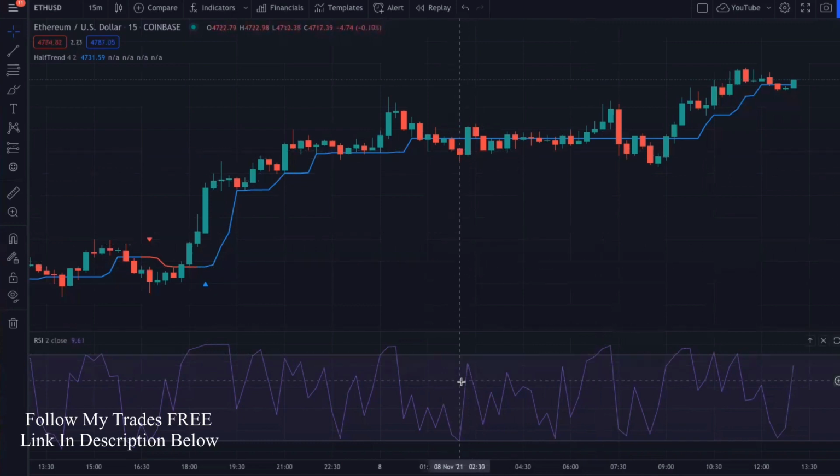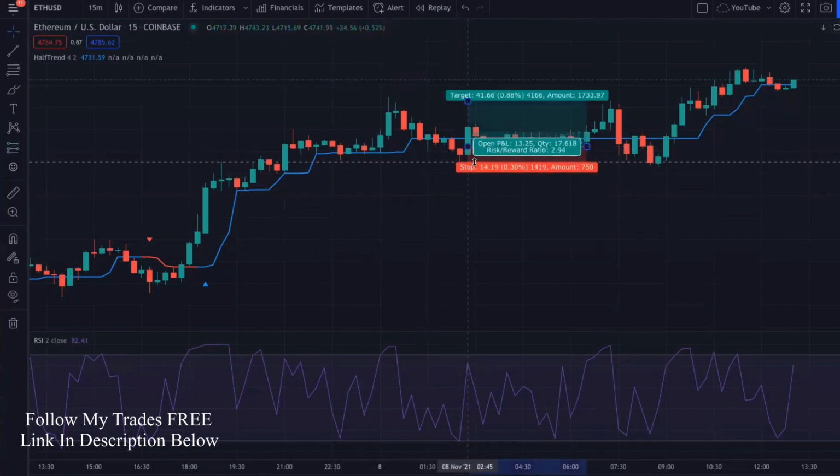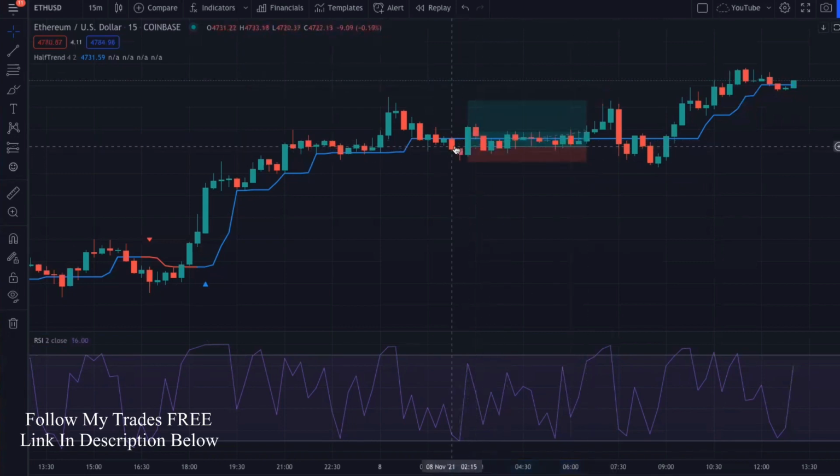So RSI is below 10, you place a trade right here. Let's see how well this would have done. Right. So you're going to put your stop loss right below the low of the trigger candle. You'd get in right around here, right above the high of the trigger candle. And then you wait,